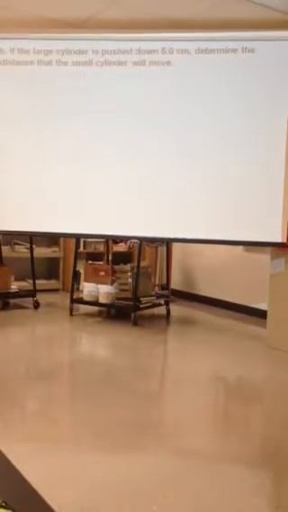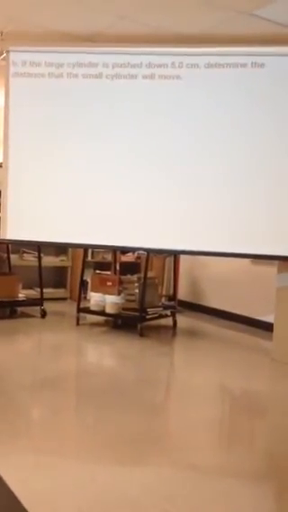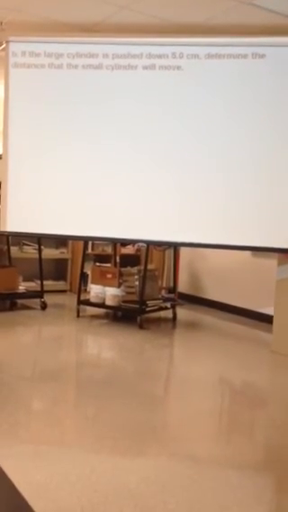How am I going to solve this? Well, isn't the volume of stuff moved in the little cylinder going to equal the volume of stuff moved in the big cylinder? And isn't volume going to be area times height? So if my area goes down by a factor of 10, wouldn't my height have to go up by a factor of 10? If we're doing that same problem. Right? So if the large cylinder is pushed down 5 centimeters, right? That was the 200 kilograms and the 100